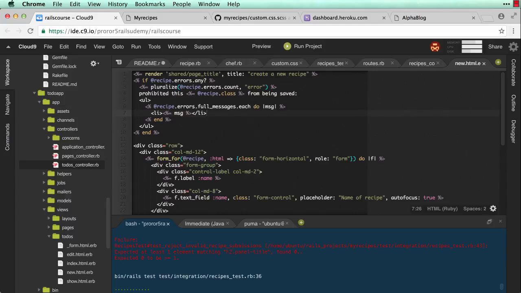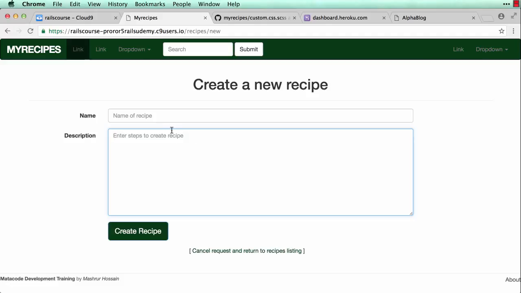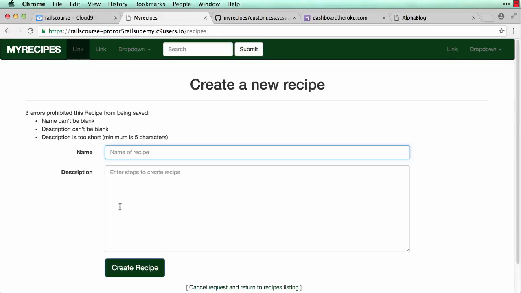All right, now is my test going to pass now? No, because I'm still missing this H2 panel title, which is my bootstrap expectation that I've put in for my error section. Now, if you're wondering, is this actually going to work? Let's try it out, okay? Let's save this over here. Let me try to submit this, okay? Leave it empty, leave description empty, create recipe. Check this out. It's working. I have my errors showing up, but obviously there's no